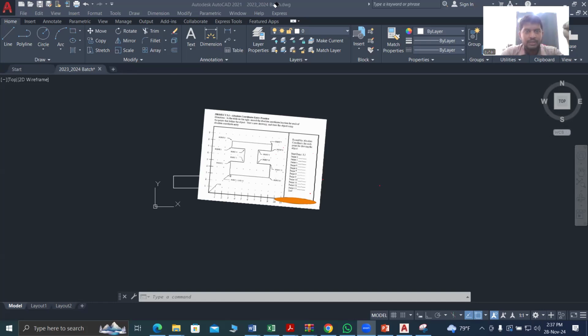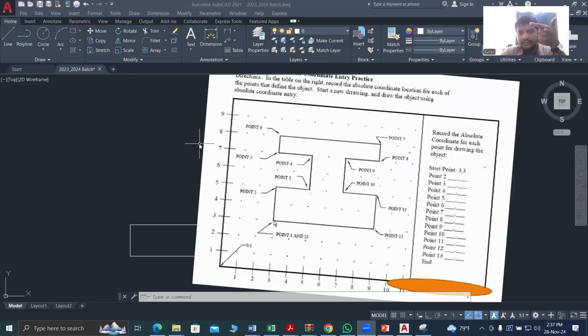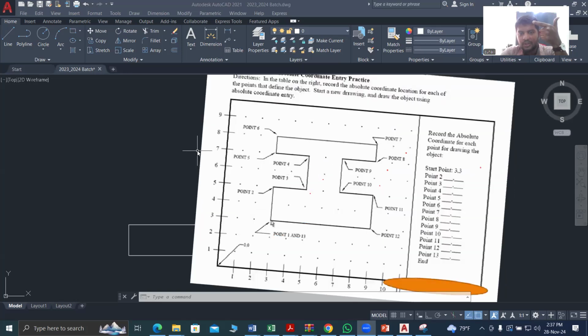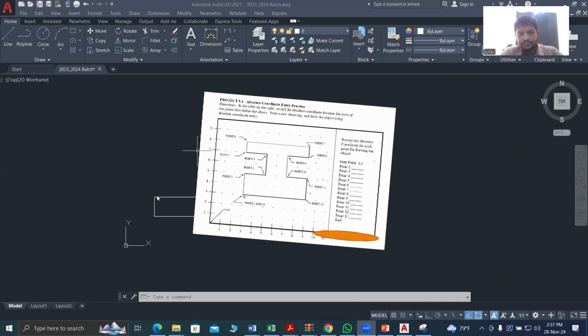The second part is, first, the absolute coordinate system. We already finished that one. Second is the relative coordinate system. For the same work, I am going to use a relative coordinate system. If you want to use the relative coordinate system, for the same,